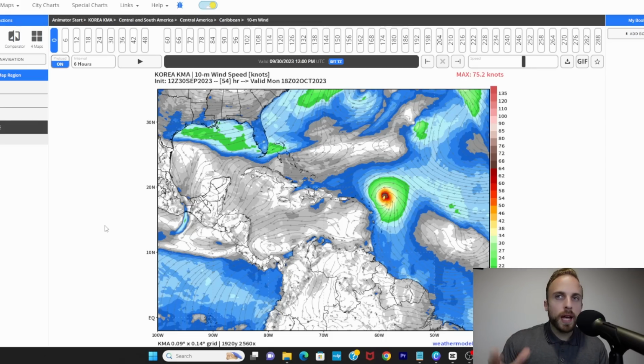And then last but not least, I know that a lot of us don't pay any sort of attention to the Korean model, but I have been watching it all hurricane season, and an enormous shout out to Mike's weather page for posting some of the information that he does, because he's also brought up some comparison charts and statistical data showing each of our individual model platforms and how they've handled the different systems we've seen all hurricane season. So if you are from Mike's weather page or a big supporter of Mike's weather page, I applaud him